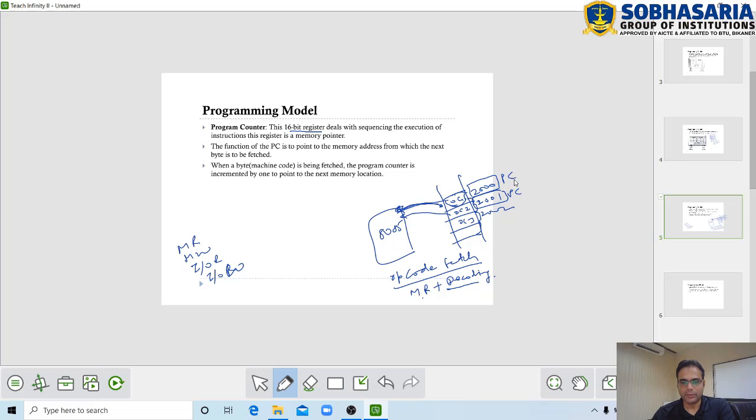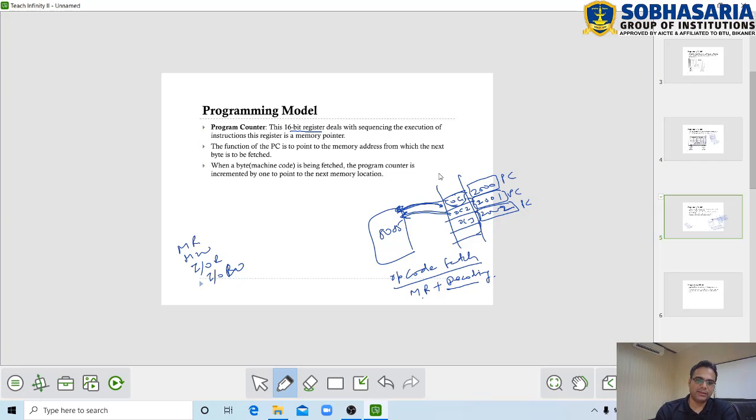Automatically the program counter gets incremented after each opcode fetch machine operation. When the next opcode is read by the microprocessor and decoded, the program counter gets incremented by 1, so the program counter will become 2002.